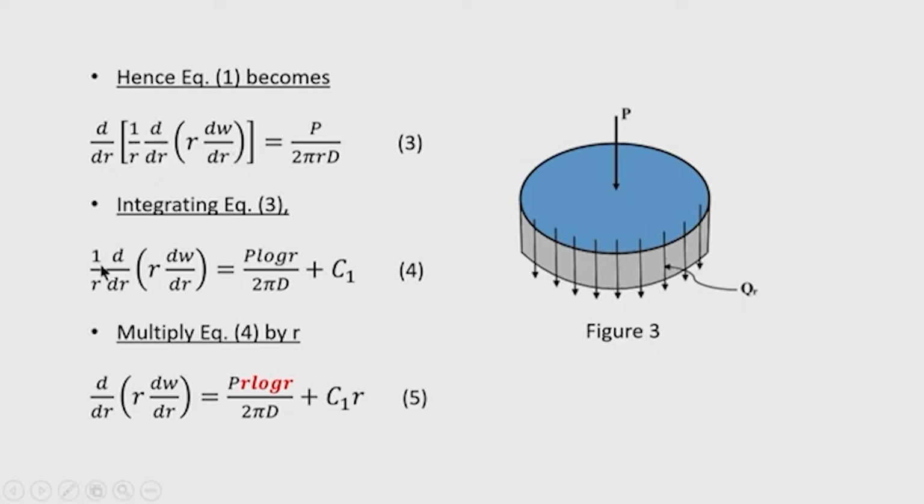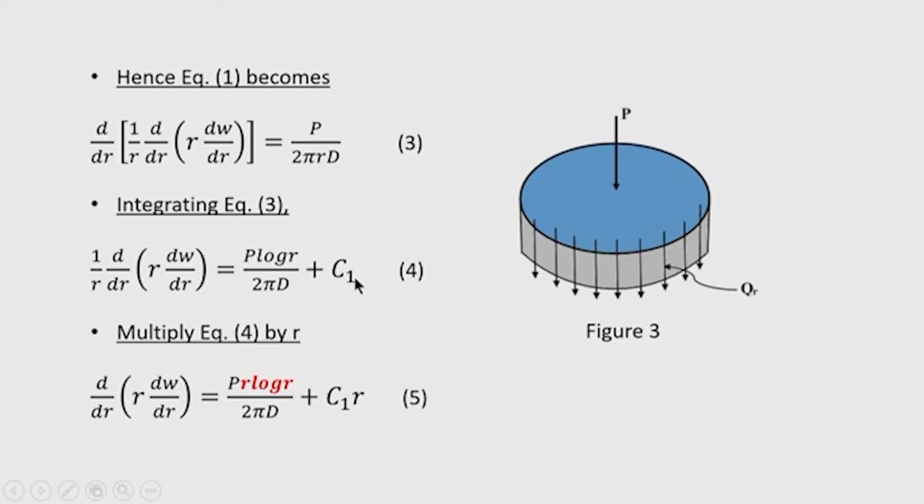So, I get 1 by r d by dr of (r dw by dr), and on the right hand side, because P by 2 pi D is a constant, I can take it out, but the integration of 1 by r will be log r. So, P log r divided by 2 pi D, and then a constant of integration appears,